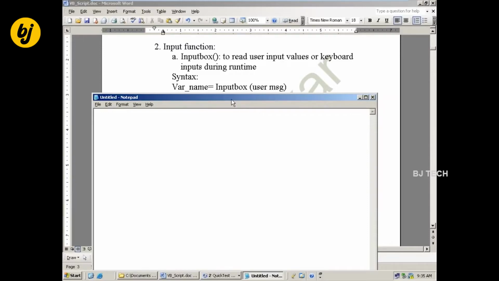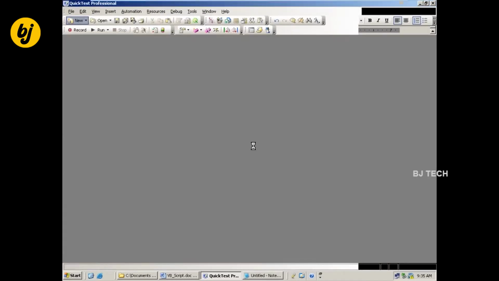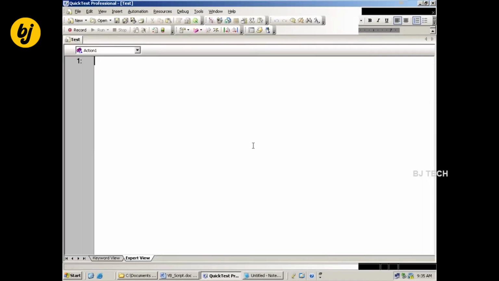The scanner class is the same as the input box here. Now observe here: we can directly use variables; we basically don't need to declare them.